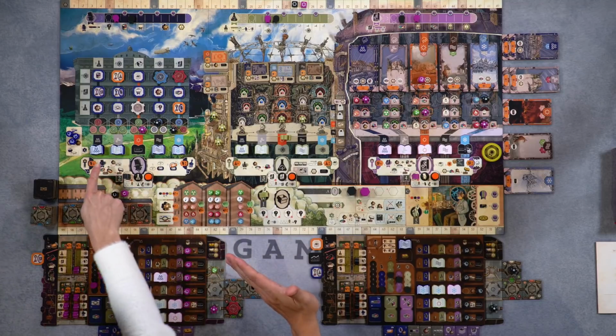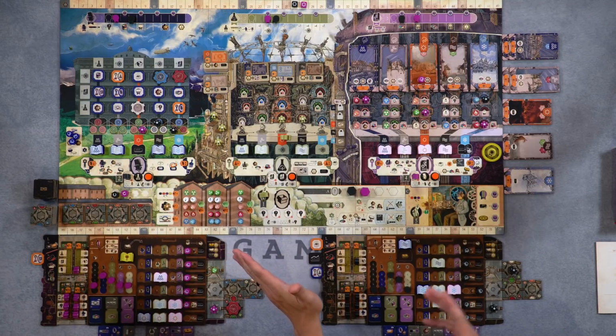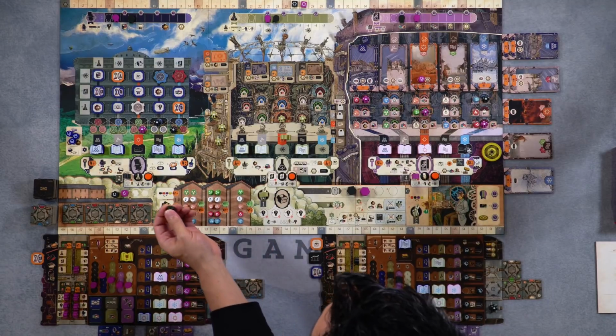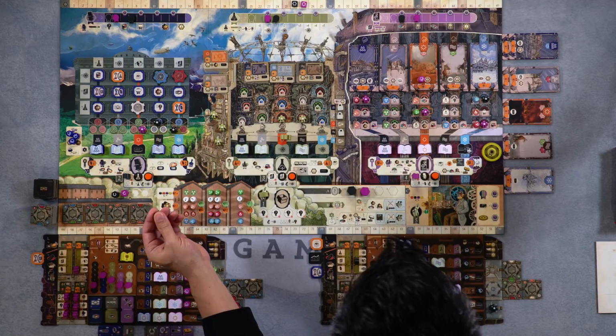So I can take a machine part from the supply to put it out there. Has to be the right color though. So I'm going to put my bot out here and do...